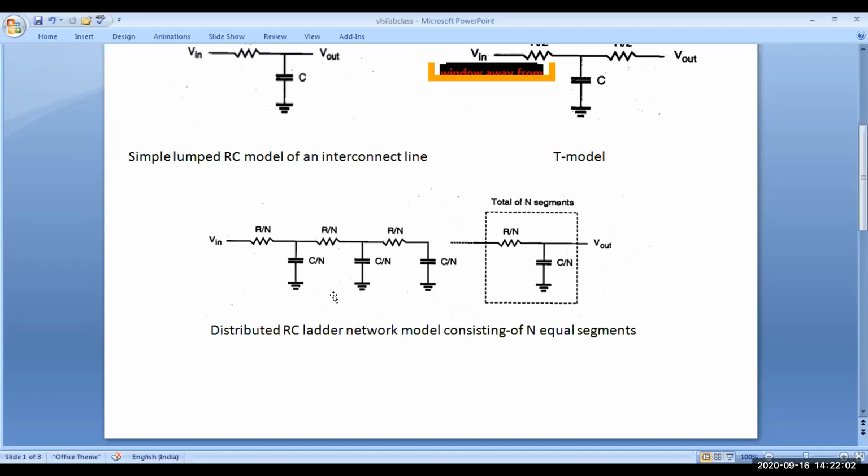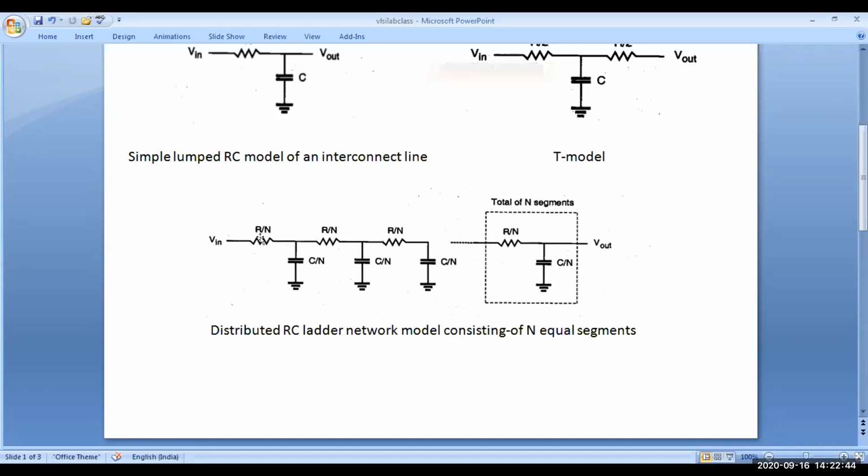You can take as many segments as you want for better accuracy. As we have found out, the total resistance as 10K, but the width for both of them was different, so there were two segments. So what we are going to do is divide these 10 total segments as 5 and 5, 5 for first segment and 5 for second segment. So first, the interconnect which was starting from A and it was 500 micrometer and which was 2 micrometer. So what we will be doing is we will be taking that segment as 5 resistance and capacitance ladder network.